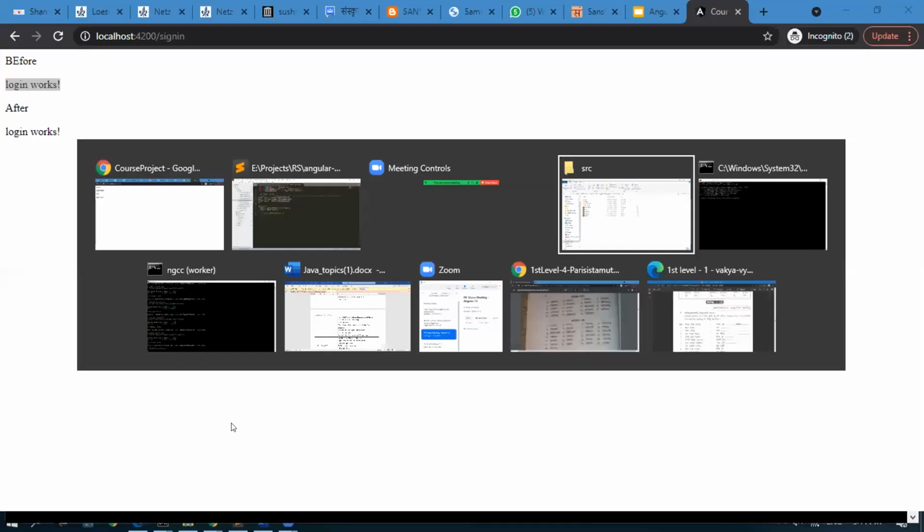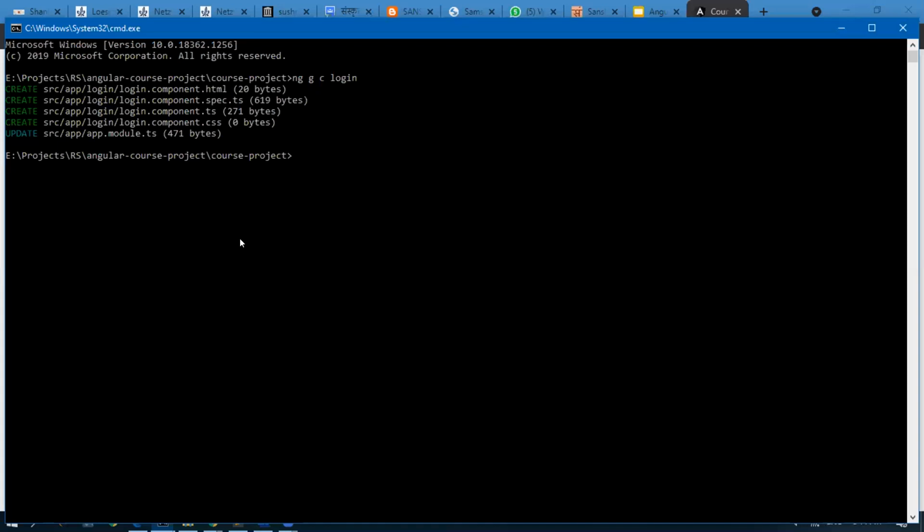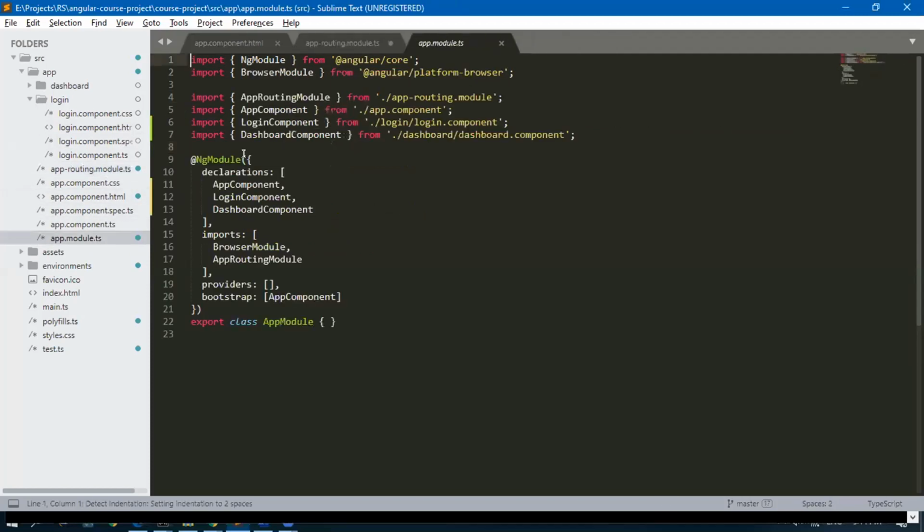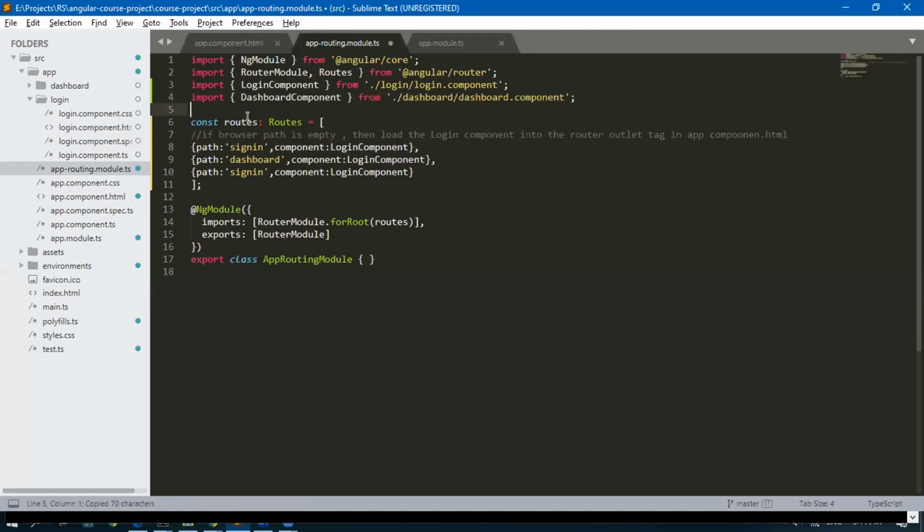Let me create one more component, dashboard. It will come here in the app module. The dashboard component is there. I go to routing and give here: if it is dashboard, load the content of dashboard.